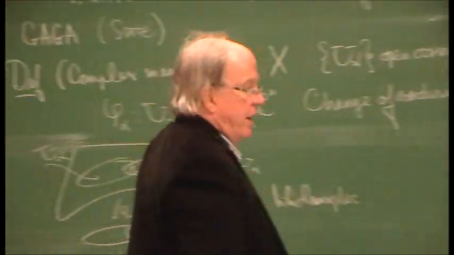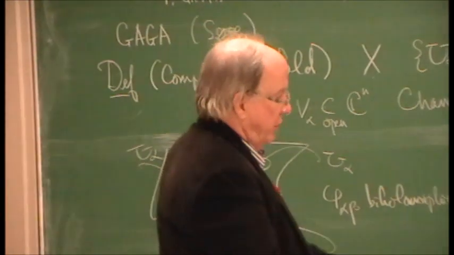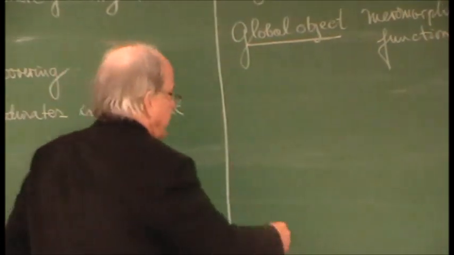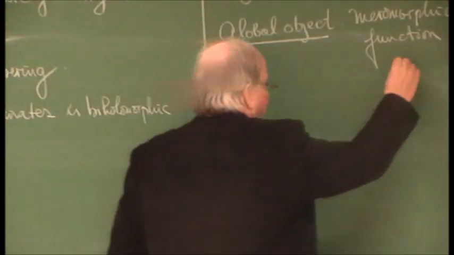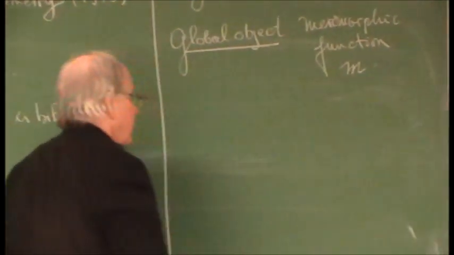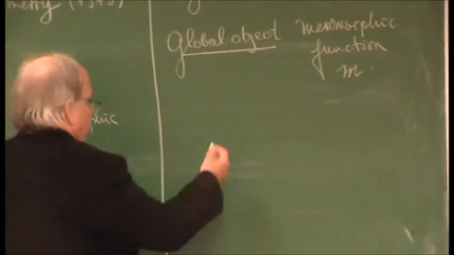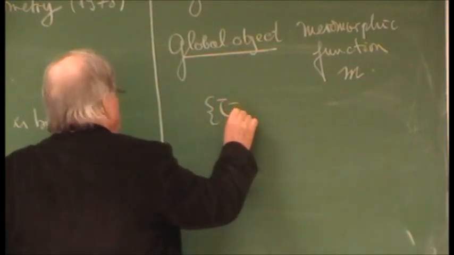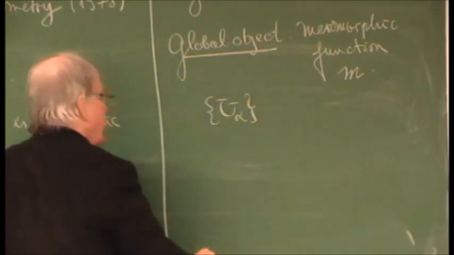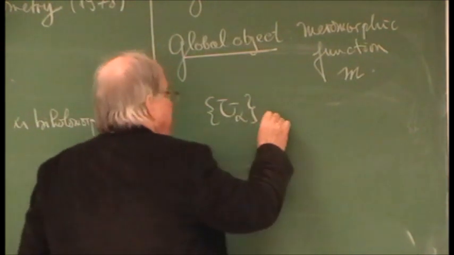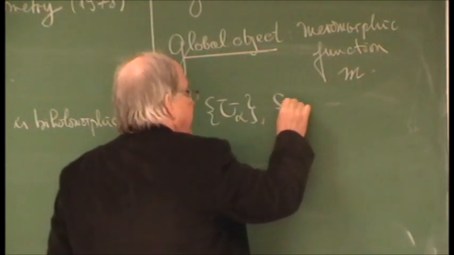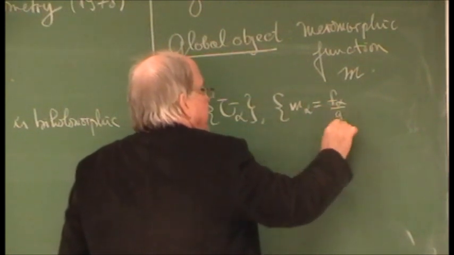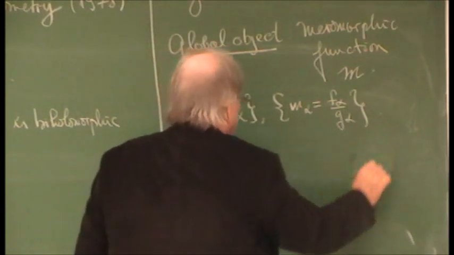Now, it's defined as a collection of locally compatible, local holomorphic, meromorphic things. So let's write that down. So what's going on here? Let's say a meromorphic function m. So m, what is it? Well, first of all, you have a covering, maybe not a coordinate chart, I don't know. And on each chart, you have two holomorphic functions. So let me just write here, the way I'm thinking about this is a quotient of two holomorphic functions on